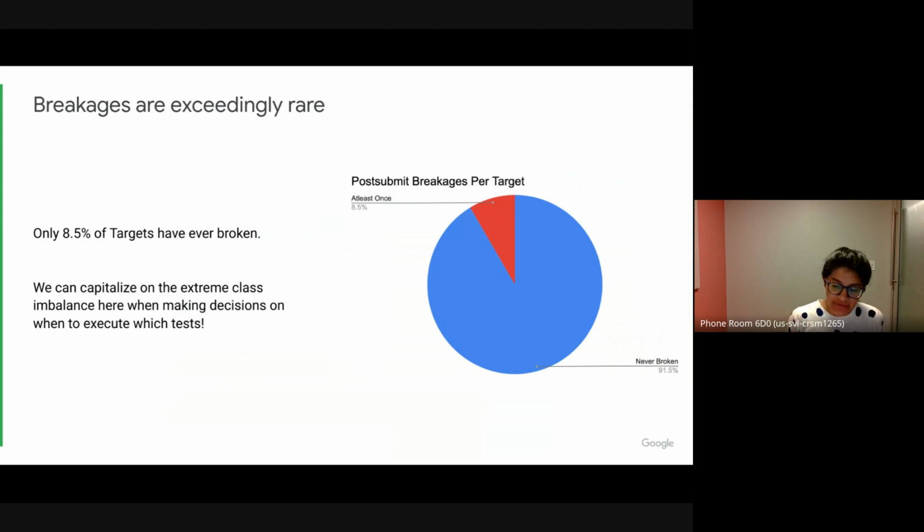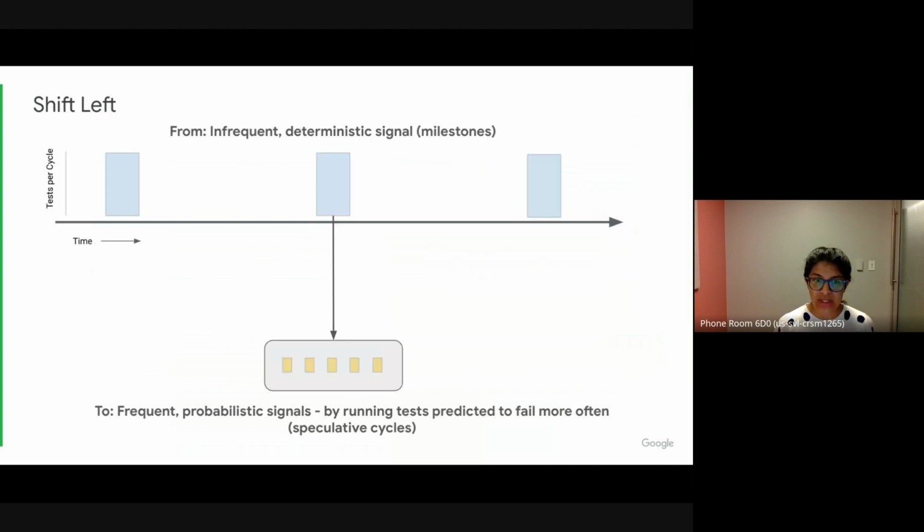This is information we've collected historically over the last several years, in that 90% of targets in our depot have never broken in post-submit testing. There's 8.5% of test targets that have ever broken. And this means that you usually don't need to run everything to gate even release creation, like release candidate creation. And so now that we have these milestones, we can shift that into more frequent but probabilistic signals